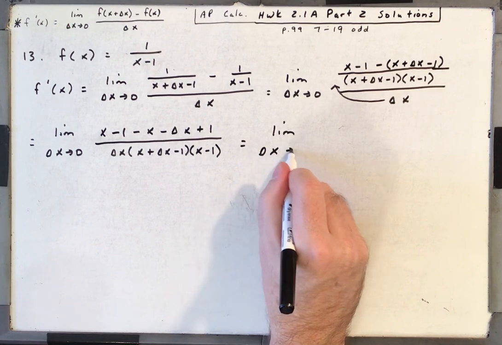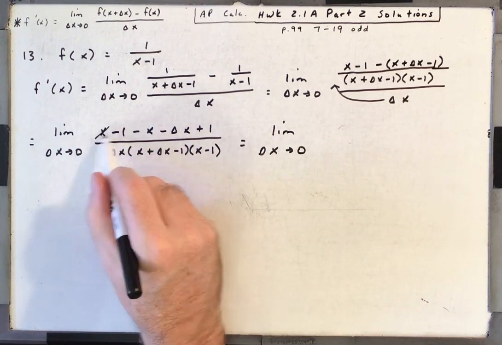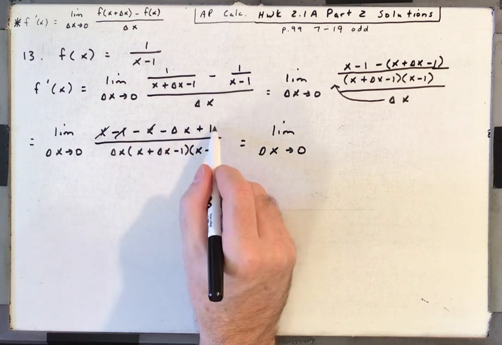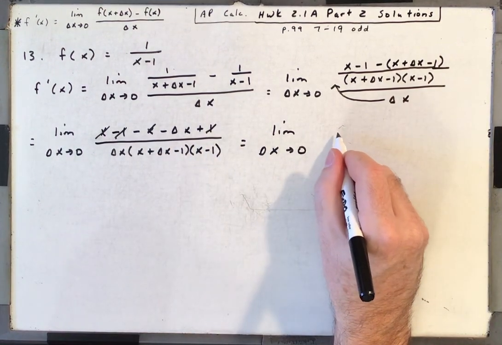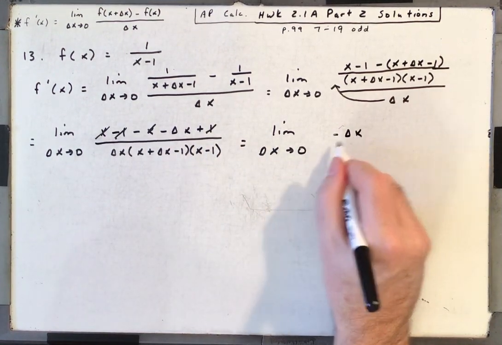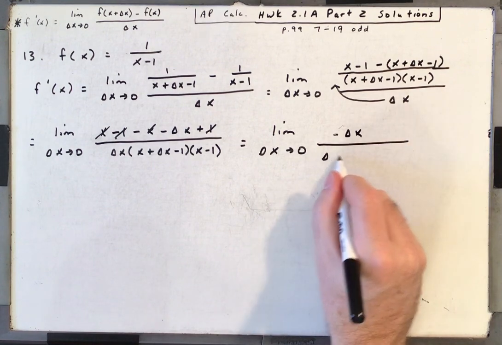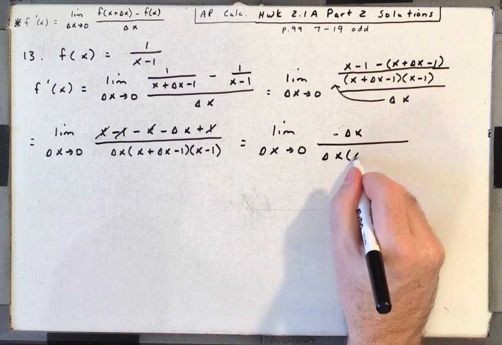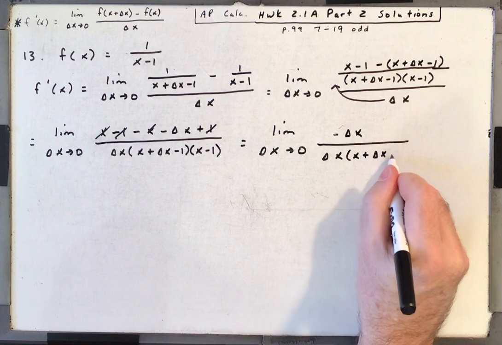As delta x approaches 0, here we've got an x and a negative x, a negative 1 and a positive 1. So on top, all I've got left is negative delta x over delta x times x plus delta x minus 1